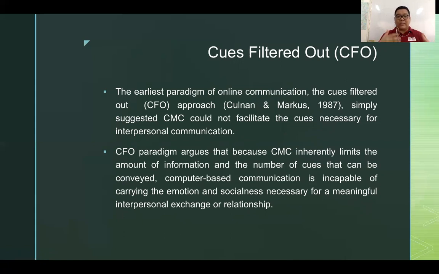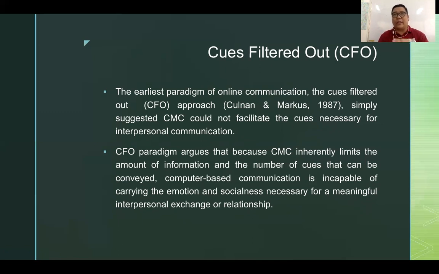Okay, when we talk about these different cues, these are the different elements that are present or evident when people communicate interpersonally. For example, person A and person B, when they communicate with each other, of course, there will be cues that will be very important, such as gestures, facial expressions, even the vocal variety, which could signal a different meaning from text to text, the atmosphere during the communication, the communicative sphere itself. So there are different cues that we need to consider.